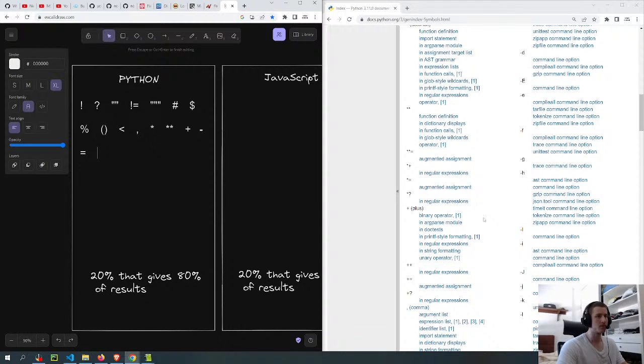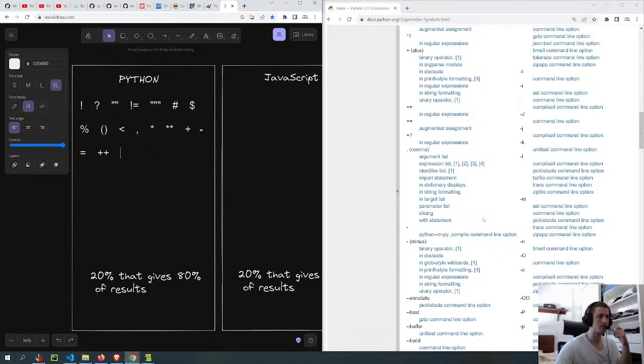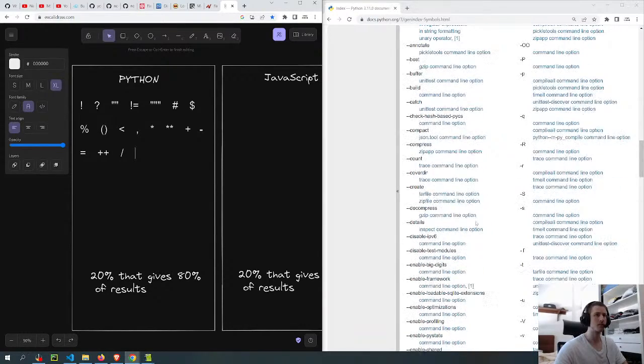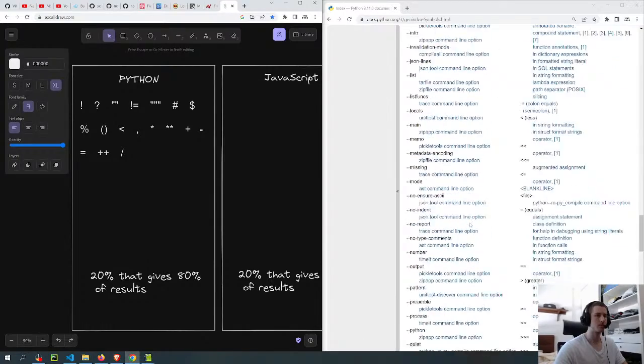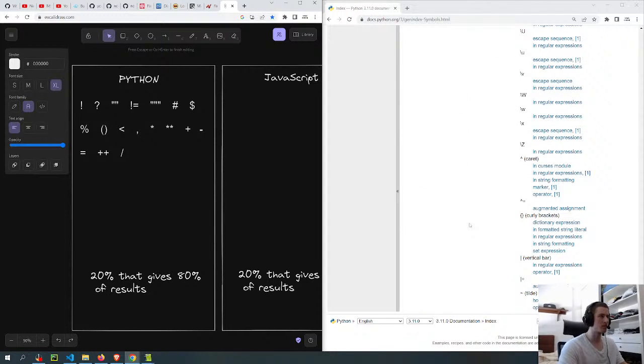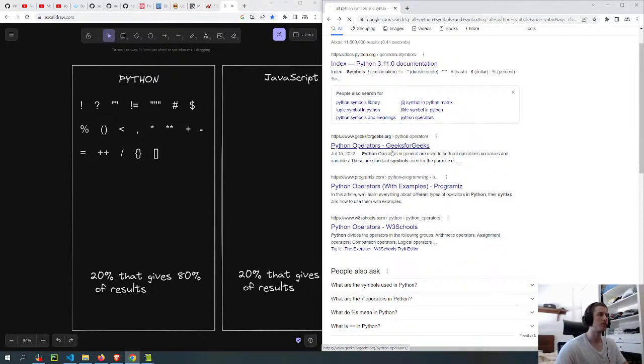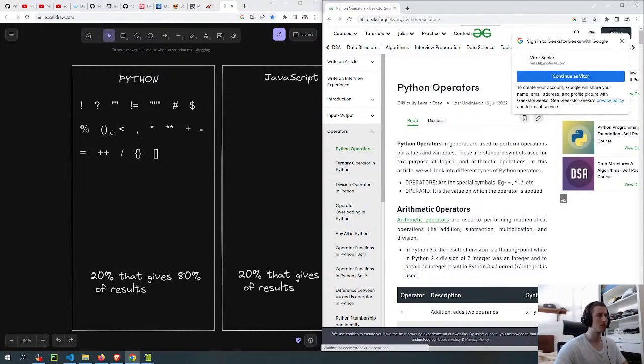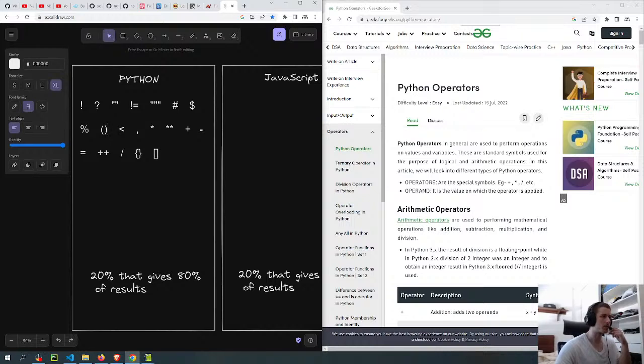Equal, obviously. And divide. Should probably put this one here as well.